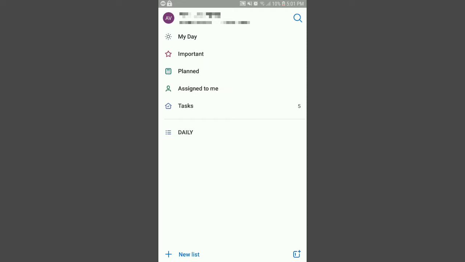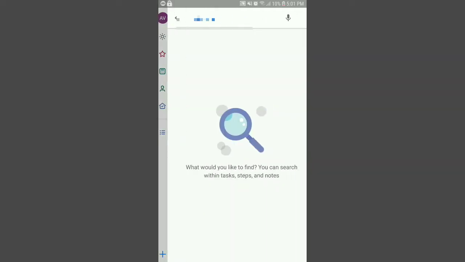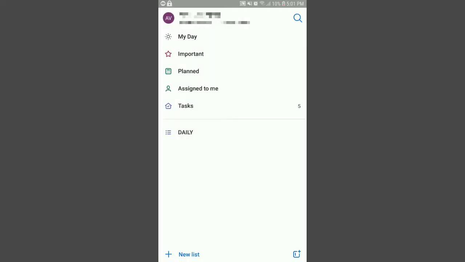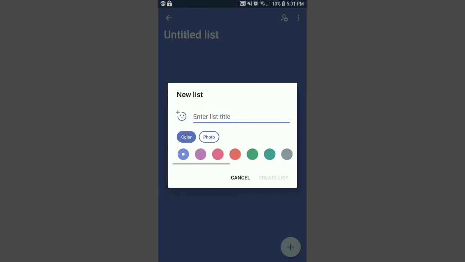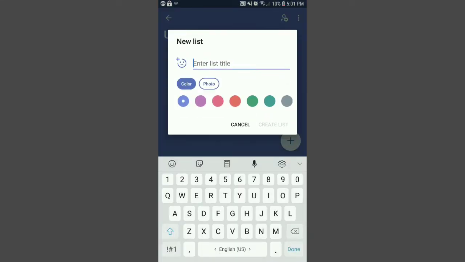Not bad if you have too many tasks, too many lists, and it's hard for you to find that particular task. And when you want to finish it, when you want to check it, you can go to search and type it. Easy peasy. And at the bottom left corner, we have New List. And of course, just press it, so we can decide what it's gonna be. I would say